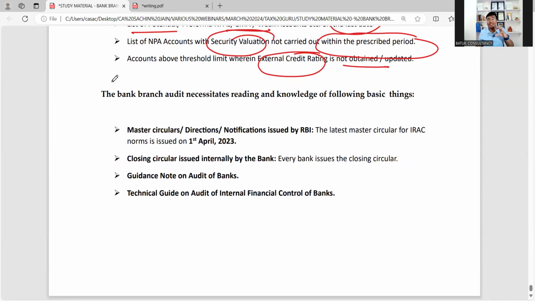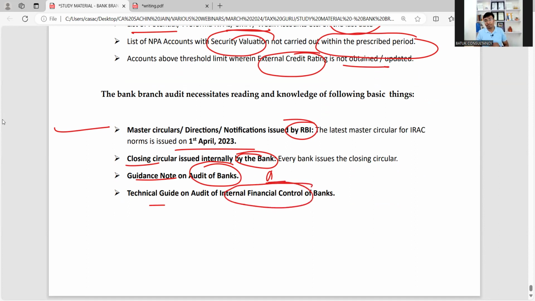There is a requirement of reading certain things, which are my master circulars, directions, and notifications issued by the Reserve Bank of India as on 1st April 2023, certain closing circulars issued by the bank, the guidance note on audit of banks by the ICAI, and the technical guide on audit of internal financial control. In this particular course, we have covered the circular-related things. We have covered this guidance note of ICAI. We have covered the internal financial control related things. The only thing pending is the internal circular, because this is completely based on the bank to bank. So we have tried to cover